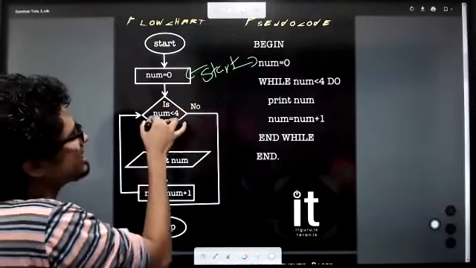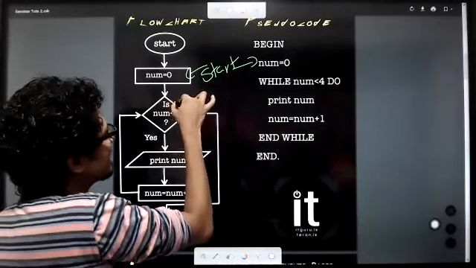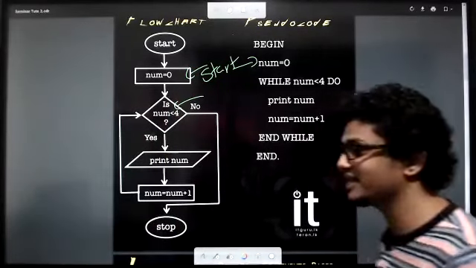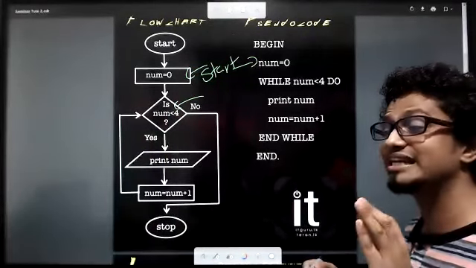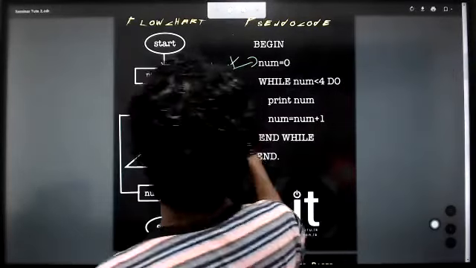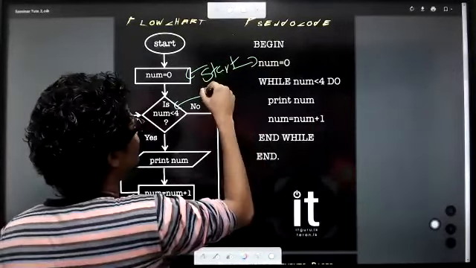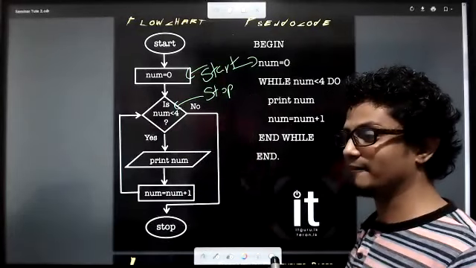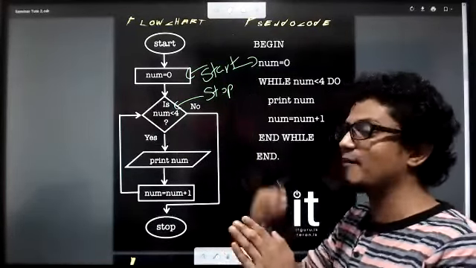By using this num less than 4, what am I trying to define here, kids, tell me? Is it the step? No, it is the stop. Very good, right? So I'm saying num less than 4. That is the stop. Why? Num should stop at what? When it is less than 4, it can proceed.